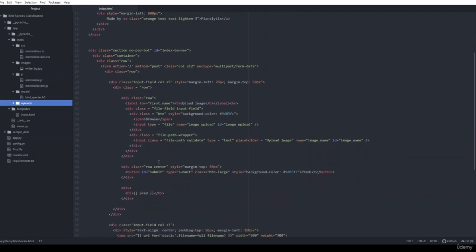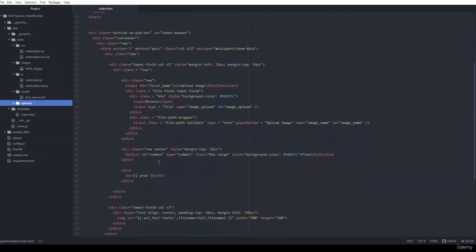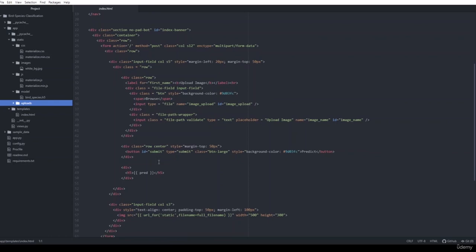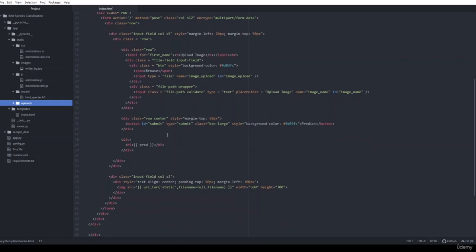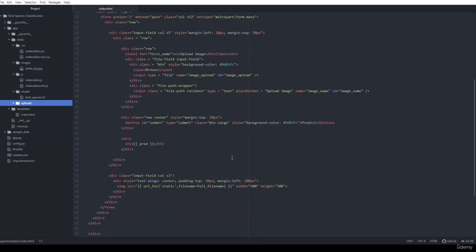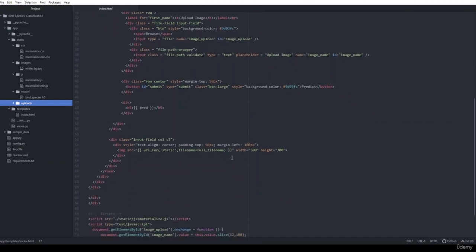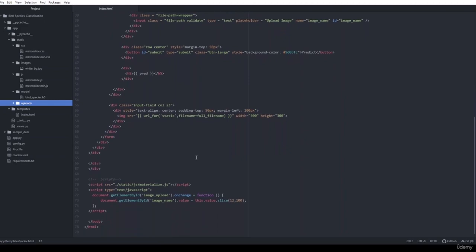After that, we will use this image and submit it using the submit button. And after we submit, it will show us the prediction. And in the end, you can see these are the scripts which we are using here. These scripts are connected to the user inputs. All the user inputs will be handled by scripts.